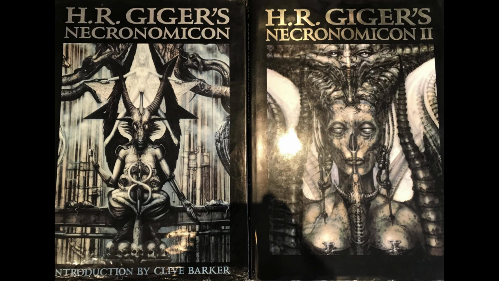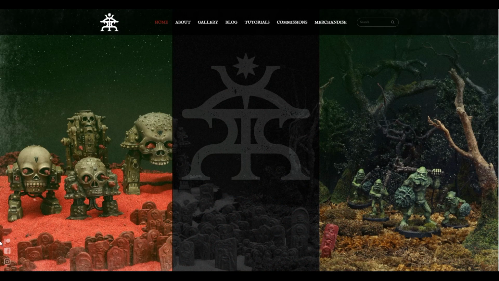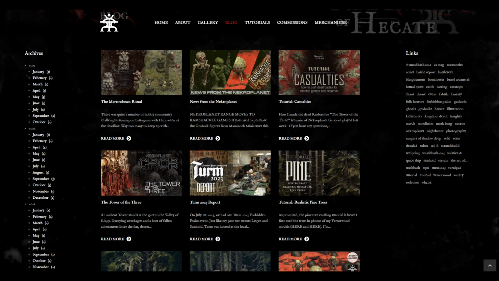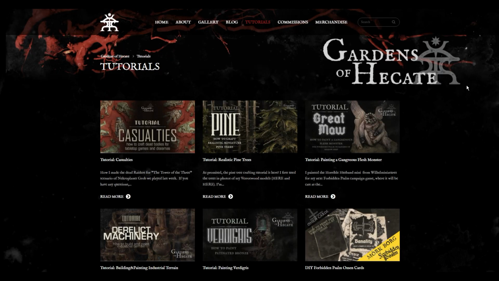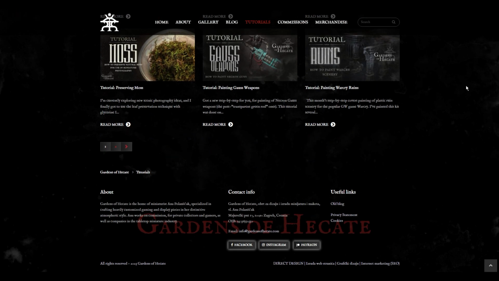They're fantastic. Now, miniature artist. This one was hard. There's a lot of good grimdark miniature painters and sculptors out there, but I think Gardens of Hecate is one of the best. Her sculpting and painting are just phenomenal, and she's even really dialed in on stylizing her own way of doing grimdark miniatures. It's not dedicated to any brand either. It's not only Turnip28, there's Mörk Borg, there's 40k, a lot of different things. She has a great website that has awesome tutorials, which are super invaluable.